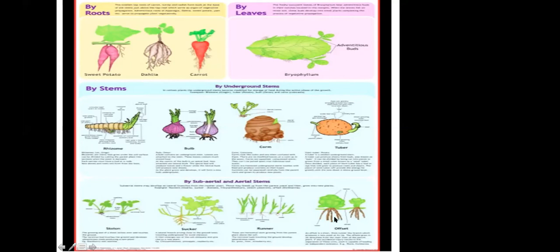And here is an offset. In the offset, there will be a big internode, and on this internode many adventitious roots develop at many points. Above these adventitious roots, an individual plant develops. You can see a tuft of leaves, a group of leaves coming here. Wherever there are adventitious roots, on top of that a tuft of leaves develops and an individual plant develops. This is called an offset. This is a method of reproduction in the subaerial sense.